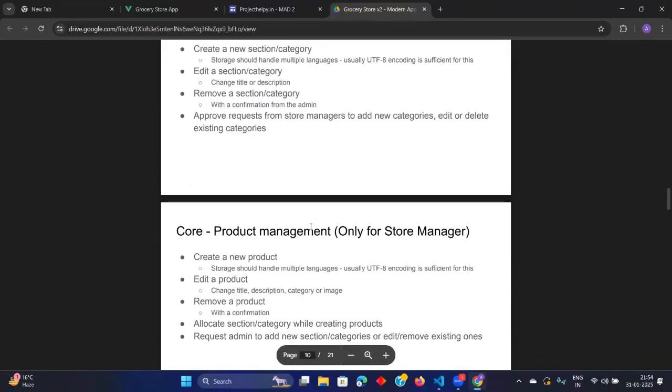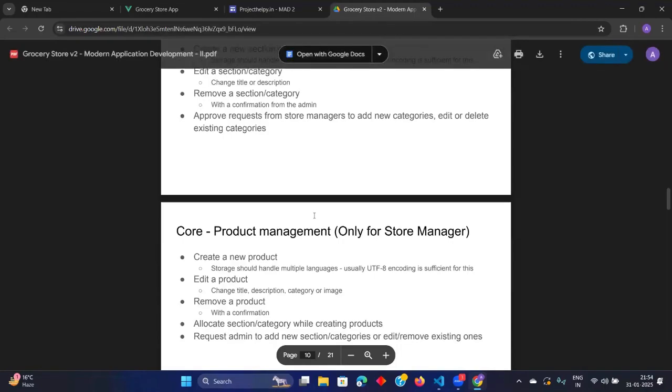I already told you about the prompting or alert message, are you sure you want to delete this, yes and no. If I click on yes, then that is deleted.